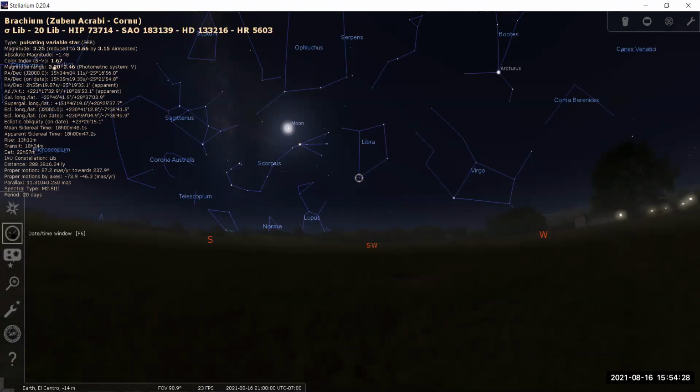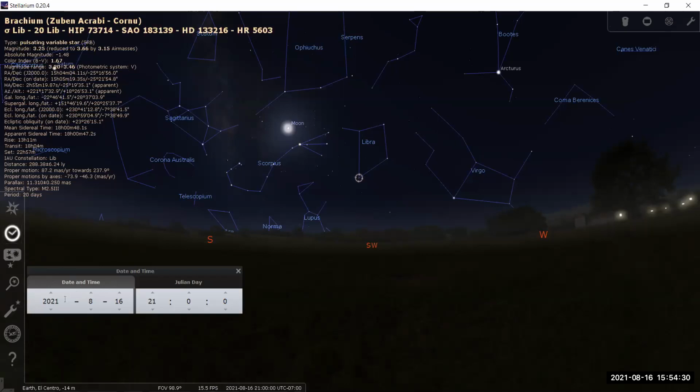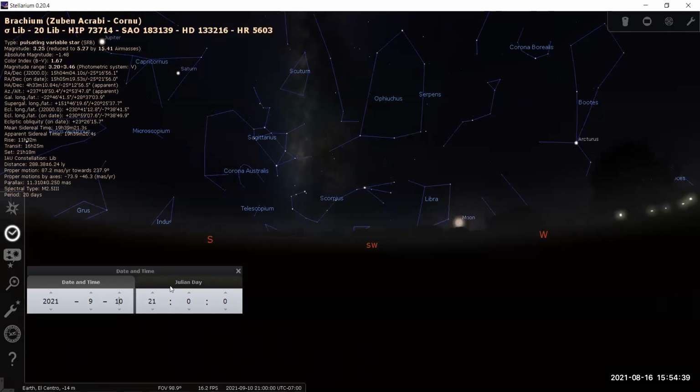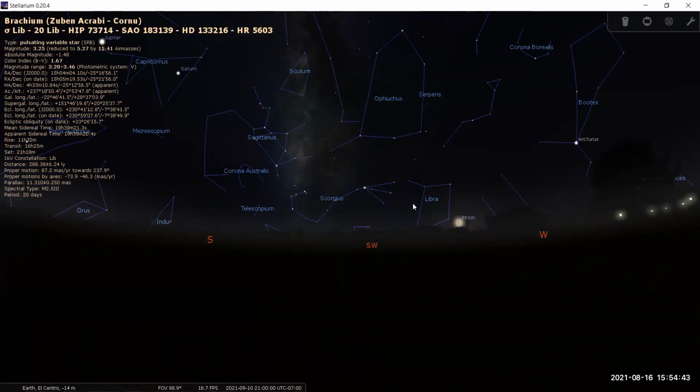And let's say I would want to look at how the sky would look sometime in the future. Let's say I'm planning to do my trip on September 10th. I don't know what that day is, but this is how the sky would look in El Centro, September 10th. So it really can help you do that. You cannot do it a lot with planetarium. Planetarium is kind of limited a little bit. So this is a very powerful software that we're going to be using a lot in this classroom.